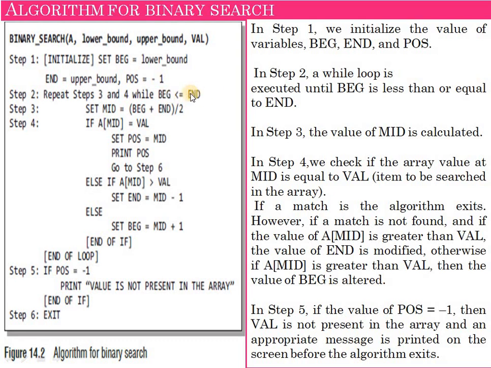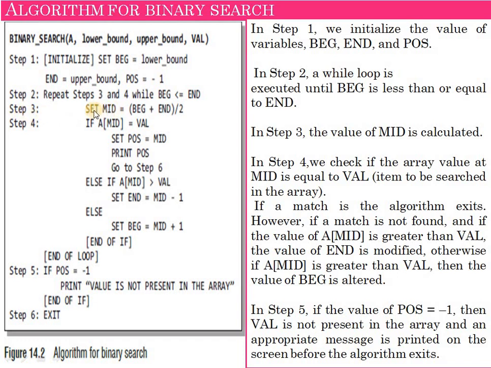Okay, when the beginning is equal to end, there is only one element. Correct. If only one element is present, then beginning equals end. If there is more than one, then beginning is always less than end. Upper bound is always greater than lower bound. On the left we have the lower bound, and on the right we have the upper bound. Left means lower and right means upper bound.